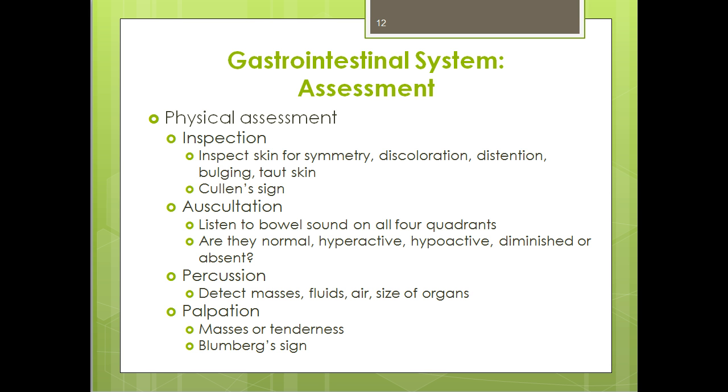The bowel sounds are created as air and fluid move through the GI tract, so they are normally heard as relatively high pitched. They sound like irregular gurgles every 5 to 15 seconds or so, with a normal frequency range of 5 to 30 per minute. Bowel sounds are characterized as normal, hypoactive or hyperactive. They are diminished or absent after abdominal surgery, and we already know this because we discussed this